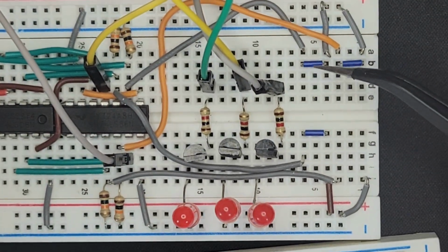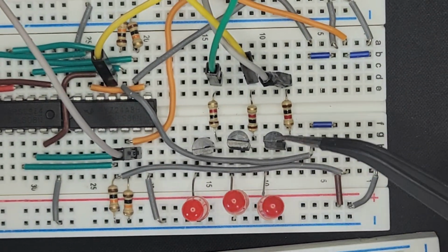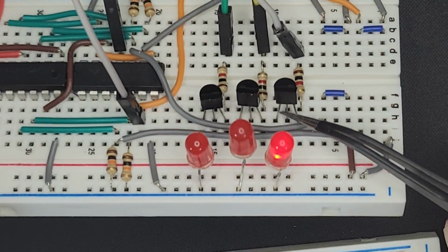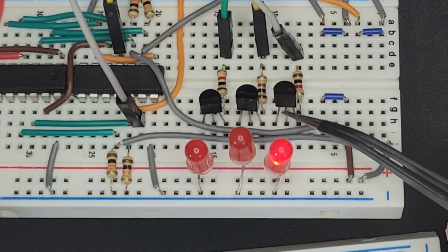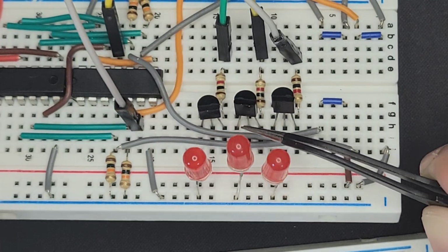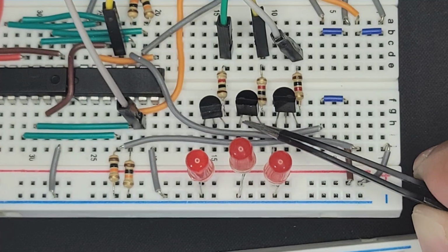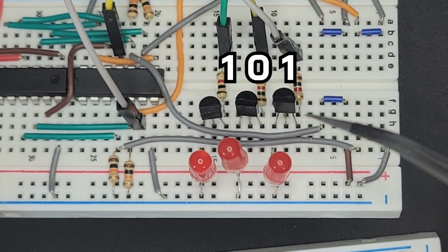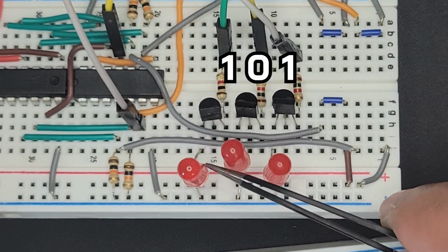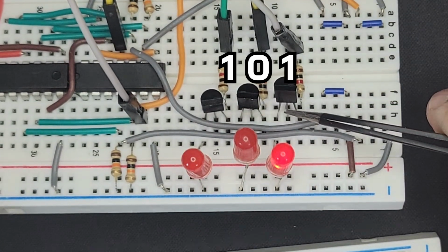And again, we have a 1110 as the operands into this add, but no lights are showing up because the bases are not activated. So if we're able to activate the base just kind of by touching it with our, I guess, like human power, then we can see that they do turn on. The middle one should not turn on because there's a 0 coming from the chip, since it's a 101 outcome of 3 plus 2, so 101. So we can see when we touch them, only the first one and the third one turn on,